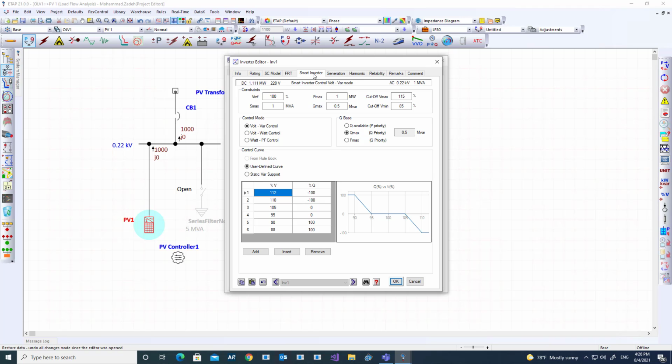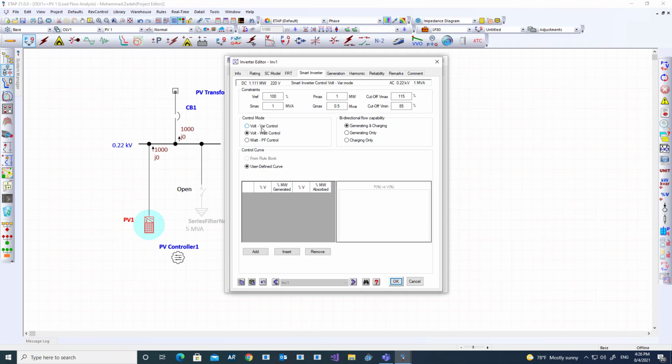power factor. But in a smart inverter, you have a curve that you define for how the reactive power should be with respect to voltage. Let's say this is a volt-var control. Or if you want to do volt-watt control, you can go and define your curve for volt-watt,